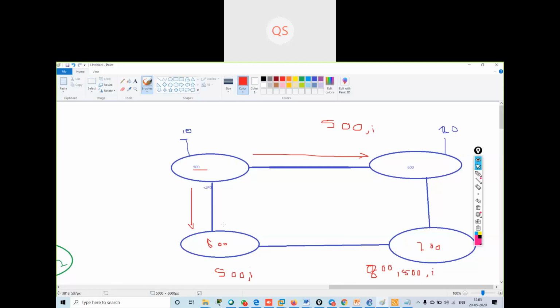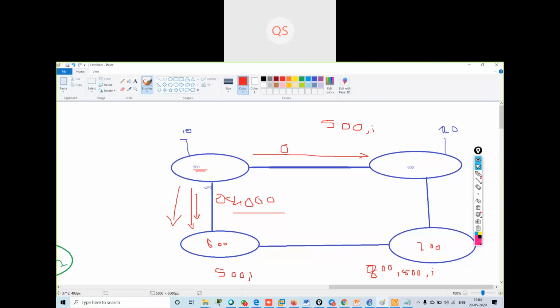But what I want is for my 10 dot network to reach via this path. So what I can do is change the weight. The weight over here will be 0 by default, so I can change the weight to anything. I will change the weight to 4000. Once I change the weight from 0 to 4000, since 4000 is greater than 0, the 500 AS, the 10 dot network, will reach the 20 dot network via this route now.